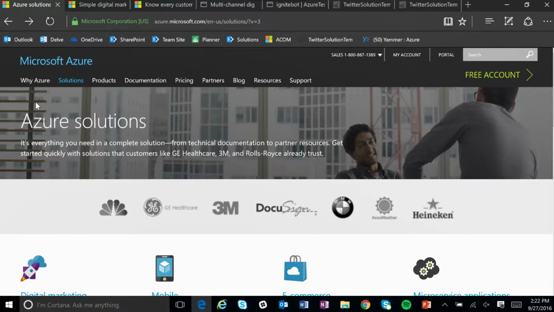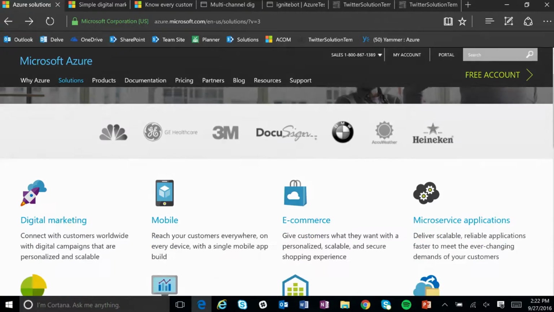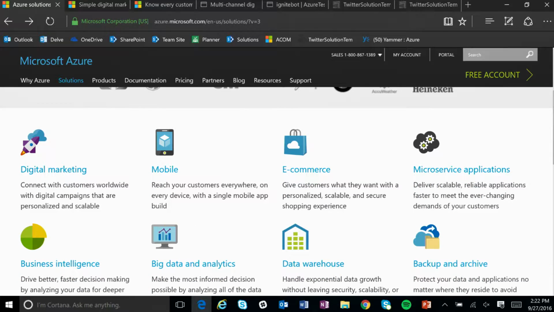So inside Azure.com, there's a new section at the top called Solutions. And for partners in the room, we are actually aligning here where we're going to start helping partners offer these solutions on rails to allow your customers to gain a quicker speed up. And even customers, you'll see with what I'll show here, can get up to speed just by clicking a few buttons on a web page. So the digital marketing solution is here.